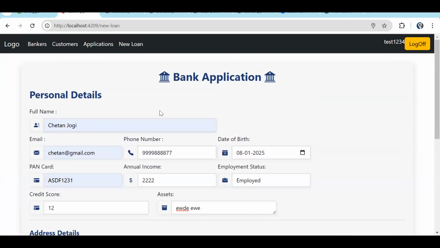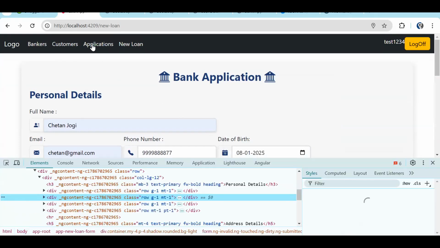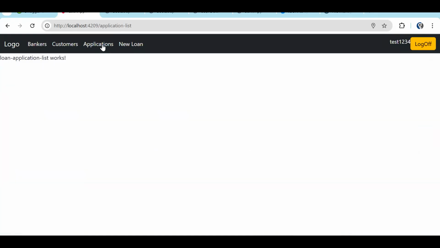Now these applications I need to show also. So currently the logged in user is, now we will show and hide some things also. In the application component, this component is responsible to show all the applications created. Now this same component we are going to use, as we decided, we are going to have two roles, banker and customer. So I'm going to use the same component for banker and customer, but if you see,